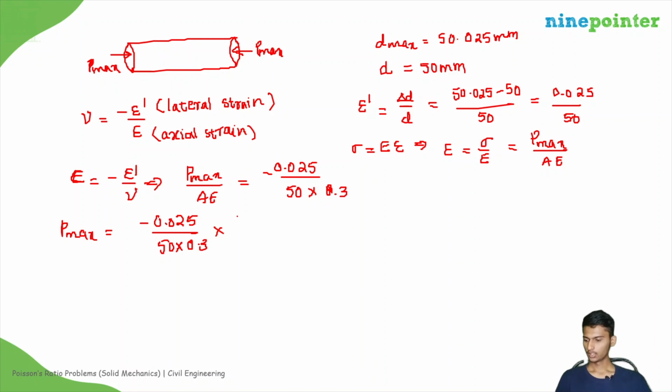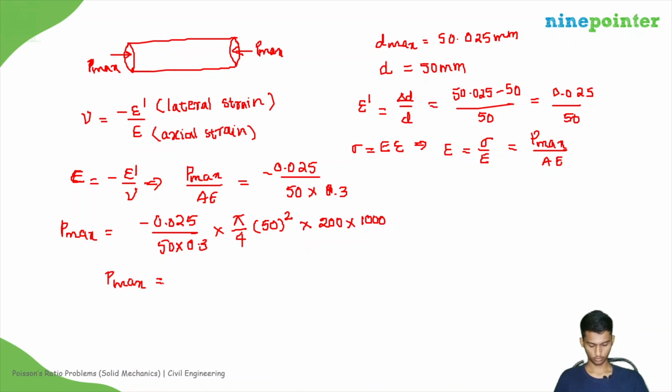What is the value of area? Area will be pi by 4 D square. What is the value of D? That is 50. We put it in mm and we put E value in megapascals. Gigapascals is given, so that will be 1000, right? So now we will get Pmax in newtons, right? So let us put it over in calculator. 0.025 into 3.14 into 50 into 50 into 200 into 1000, right? That will be this value divided by 4 divided by 50 divided by 0.3. So we will get Pmax